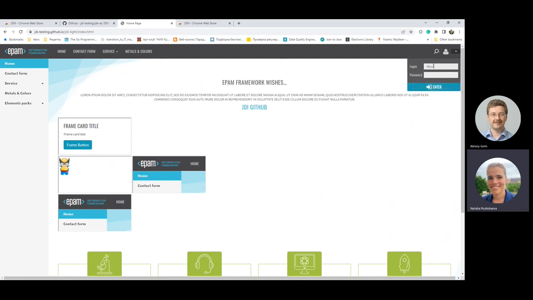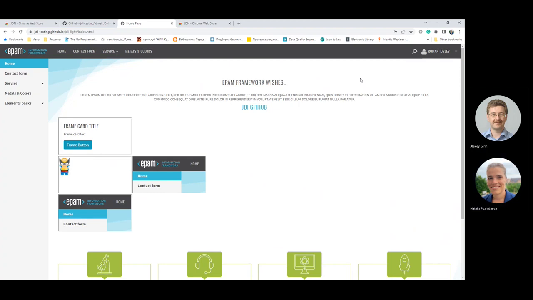It's a secret, very secret credentials to log in to this site. It's written in all our documentation how to log in, and after that we have a contact form just to show